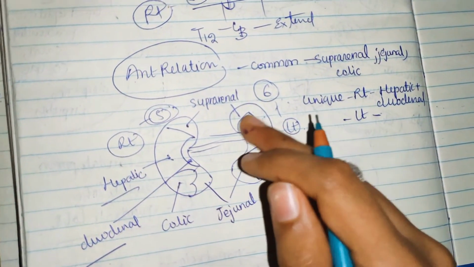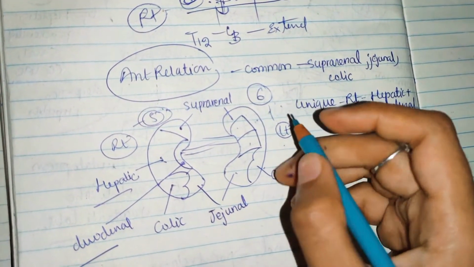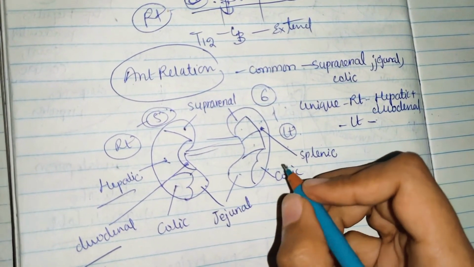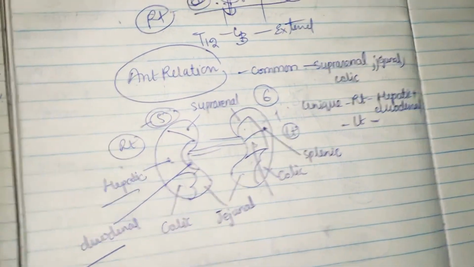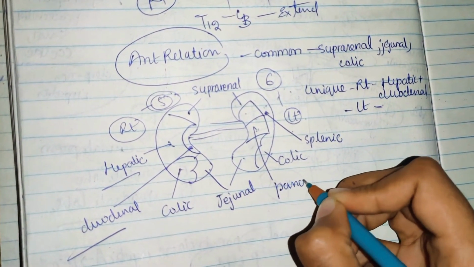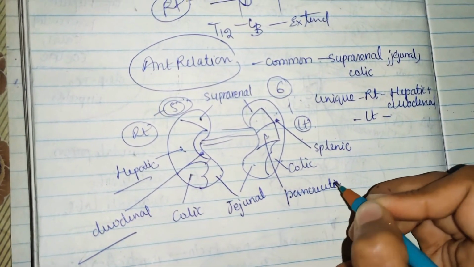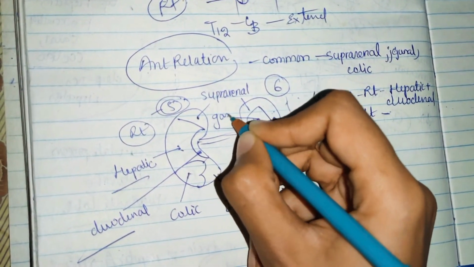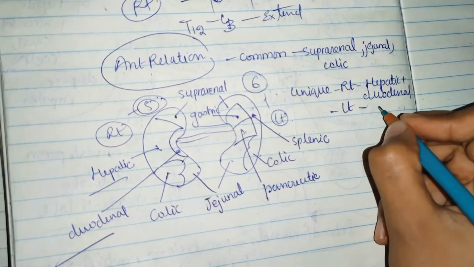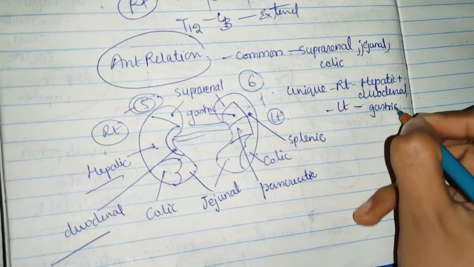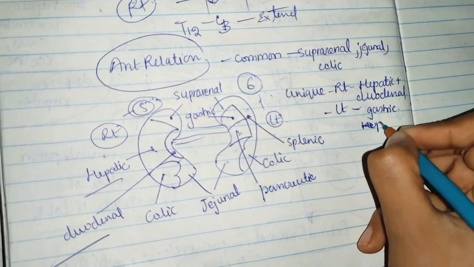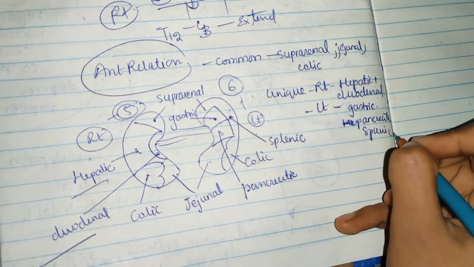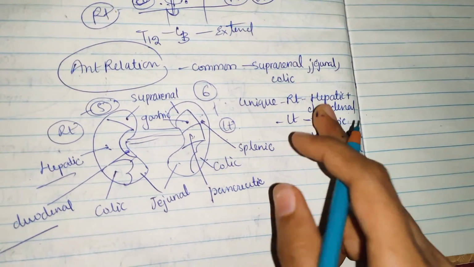And now let us see what are unique in left side. In left side the unique one is splenic area. This is splenic area and this is pancreatic area. And this is gastric area. So left side unique are gastric, pancreatic and splenic. So now you need to understand why right side you are having hepatic duodenal, because especially on right